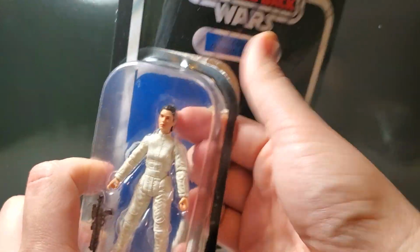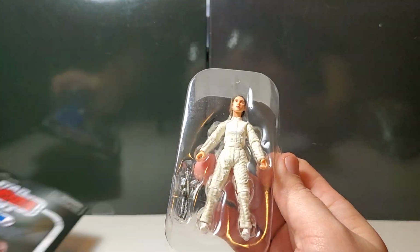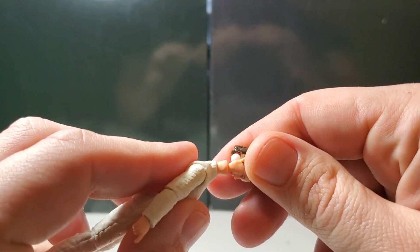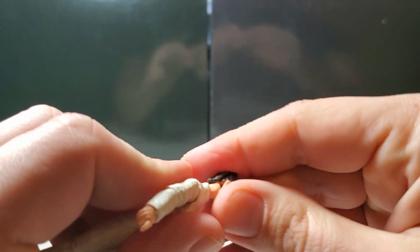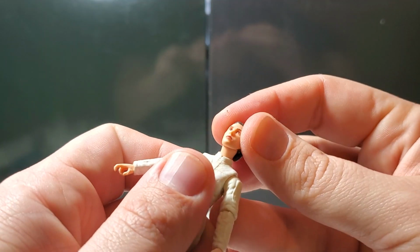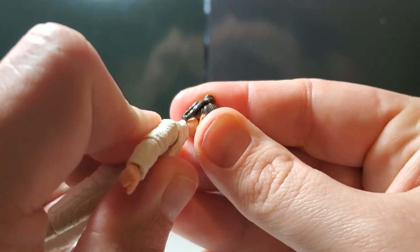That was the thing too, I have a lot of Princess Leia figures, but they just keep doing these new face sculpts, and it just looks so... Oh my goodness, her head just popped off. Her head just popped off right as I was pulling her out of the bubble. So I hope that's not a problem. Okay, so her head joint is just a little loose on mine, so it's not a big problem, but wow,